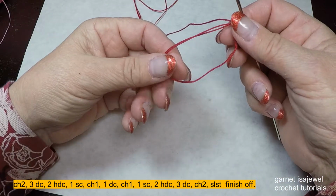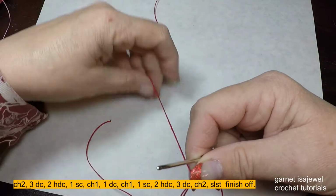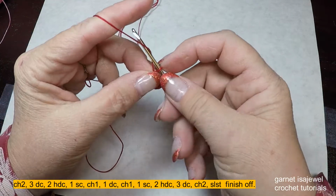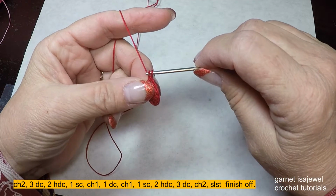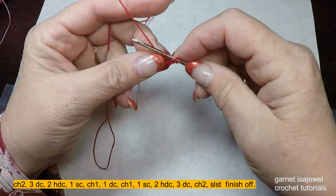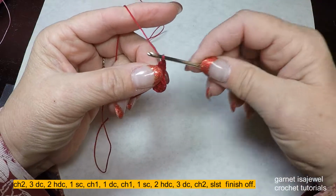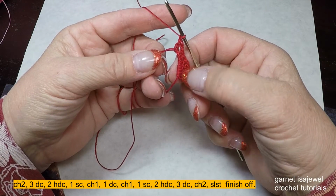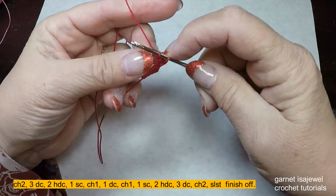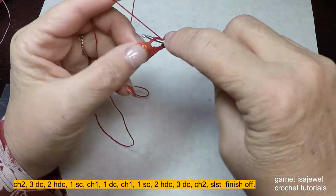Okay, if your magic circle loop is a little bit large, let's go ahead and shrink it down. I'm going to chain 1 and 1 double crochet, chain 1. Now we're going to do what we did right here in reverse. Single crochet, 2 half double crochets,